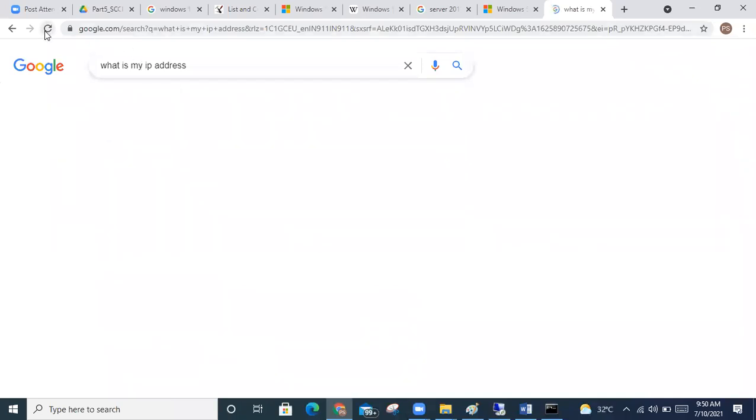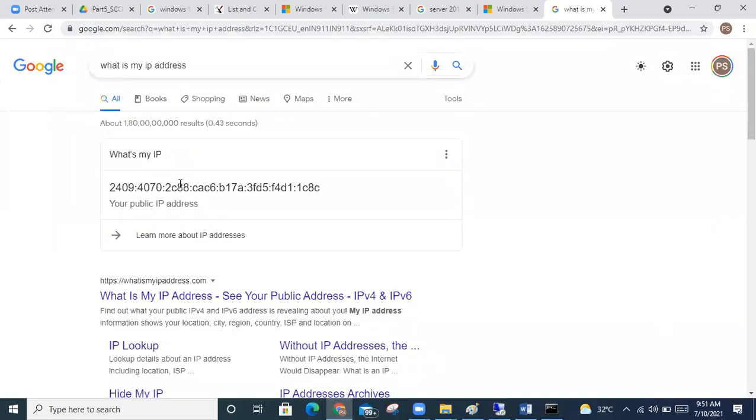See here, you will get 1, 2, 3, 4, 5, 6, 7, 8. The first 4 digits are common, sometimes based upon the vendor, so the last 4 digits will change. It varies from vendor to vendor. Sir, are companies now using IPv6 or IPv4? Mostly they are using IPv4 only as of now.